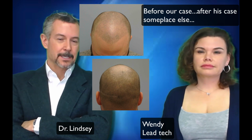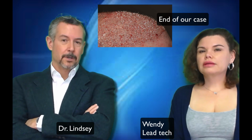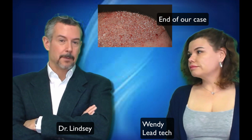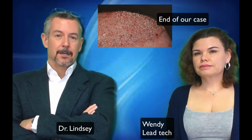And so here he is, where we started, and we took a strip out of the back of his head, and I think you said we got somewhere around 2,200 grafts. 2,200, yeah. Partly because we're cutting out his old scar, and partly because he wasn't as dense as some people, and partly because his scalp was stretched from his previous work. Yeah. And so we put that in,